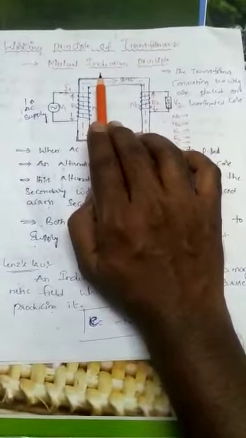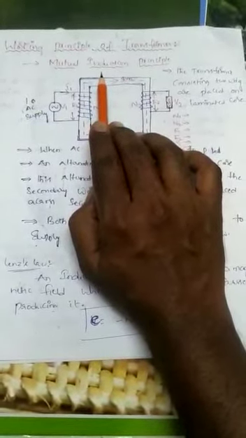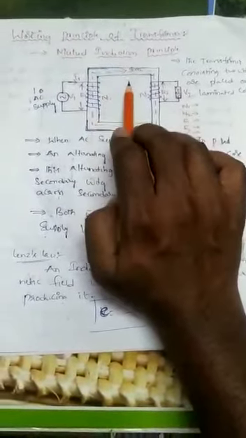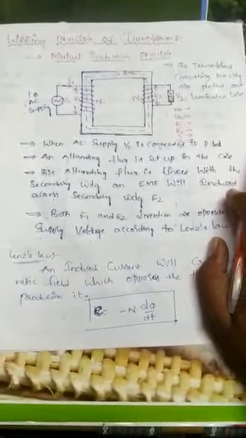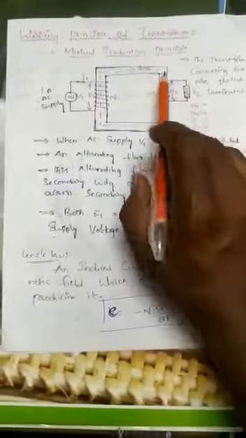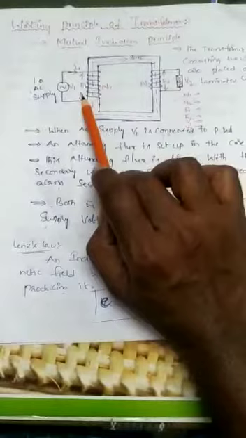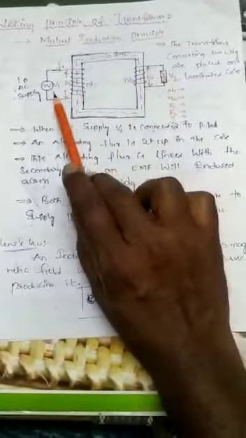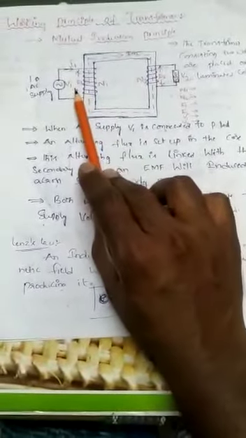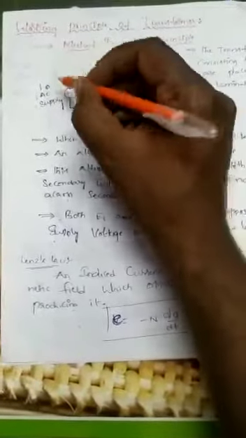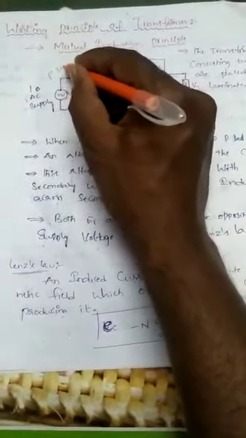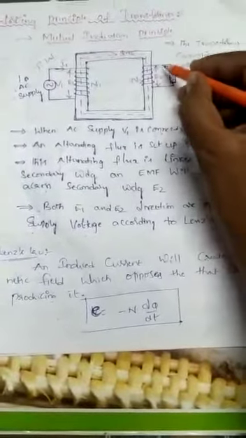Before going into what is meant by mutual induction and how an EMF will be induced in the transformer, we should know what parts we have in the transformer. This is the structure of a transformer, and these are called the windings. It has two windings: this is called the primary winding, and this is called the secondary winding,